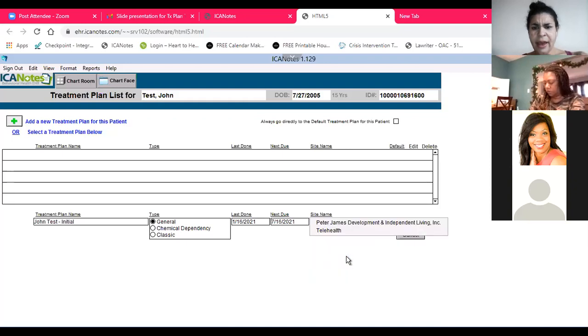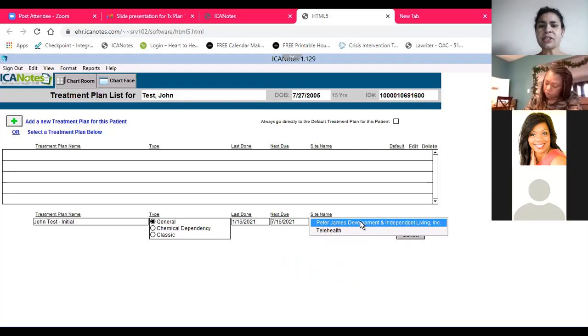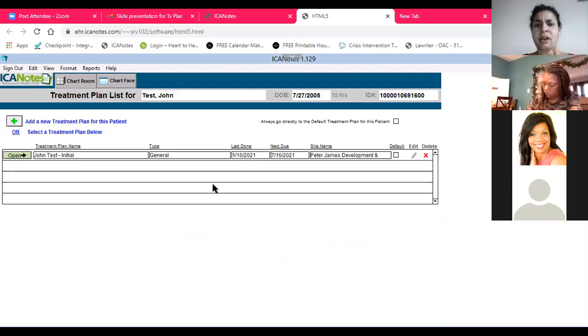16th, okay. And then for site name, you're always going to choose Peter James Development and Independent Living, Inc. Ignore the telehealth, just choose the PJD, and then you're going to hit save. So you'll see right here, it ends up on the line, and then you're going to want to check the